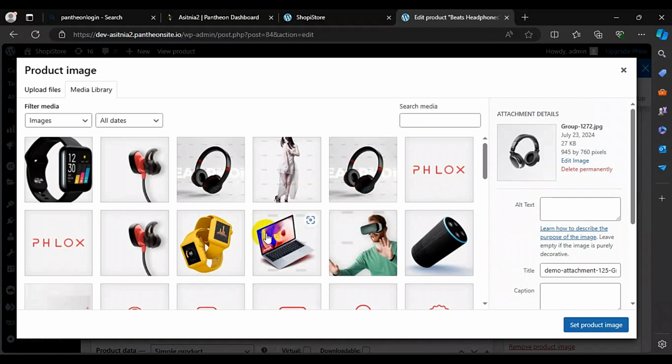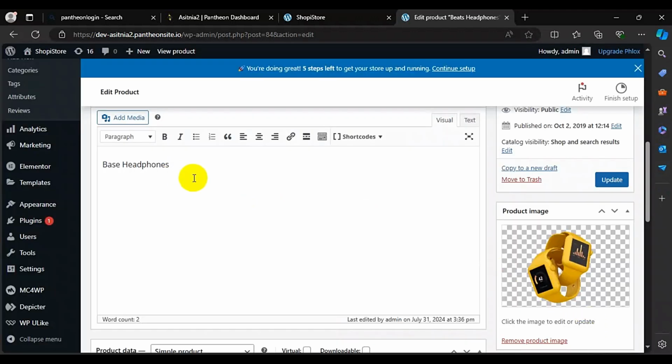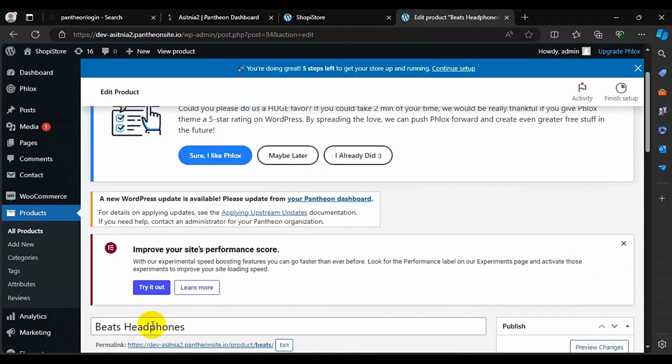If you want to add a smartwatch, just click on set product image and write the name. Sorry, ignore the background. You can write latest smartwatch